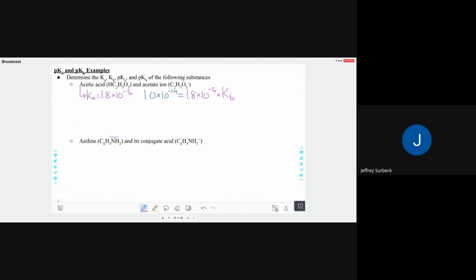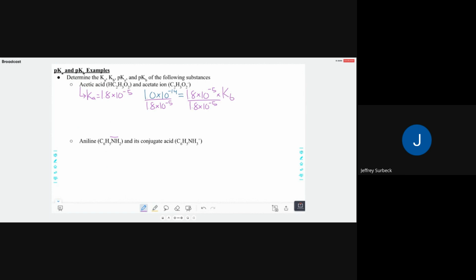Now, you've told me before, we divide by what Kb is attached to. Once more, if we take 1 times 10 to the negative 14th divided by 1.8 times 10 to the negative fifth,